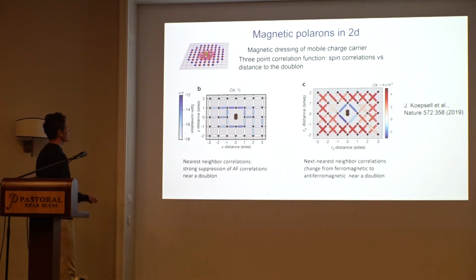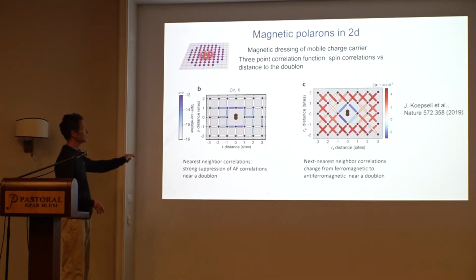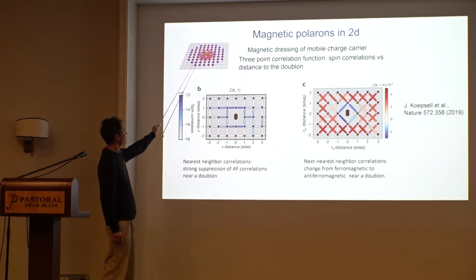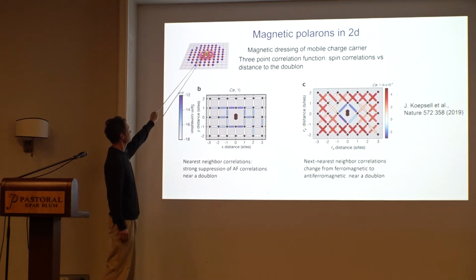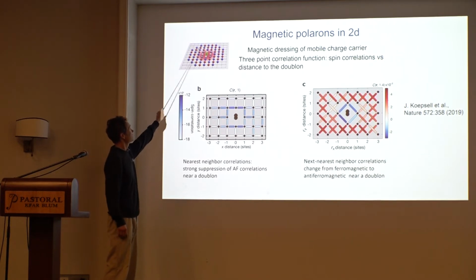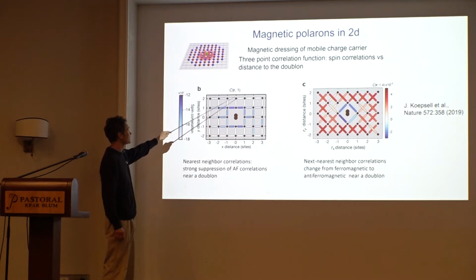Well, let's first look at experimental data. So this is data from Bloch's group. What you can see here are 3-point correlation functions. Basically, in this experiment, this doublon, and actually a doublon really is equivalent to a hole, there is an exact symmetry in the Fermi-Hubbard model. It's free to move anywhere in these two planes. However, what we want to understand is spin correlations relative to the doublon, because we saw previously that spin correlations should be messed up in the vicinity of the doublon. And that's what they plot.